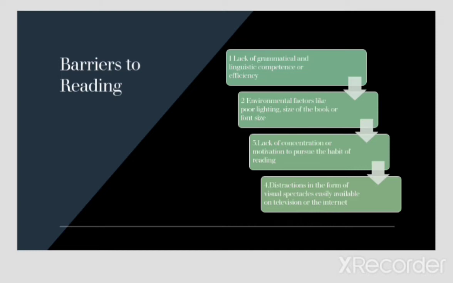Second point is environmental factors like poor lighting. If there won't be proper or sufficient lighting, we won't be interested, right? Then size of the book. Sometimes the huge size of the book itself prevents us from reading or choosing that book, and also the